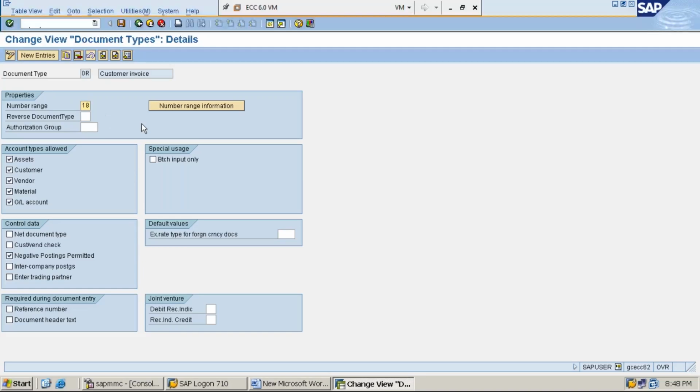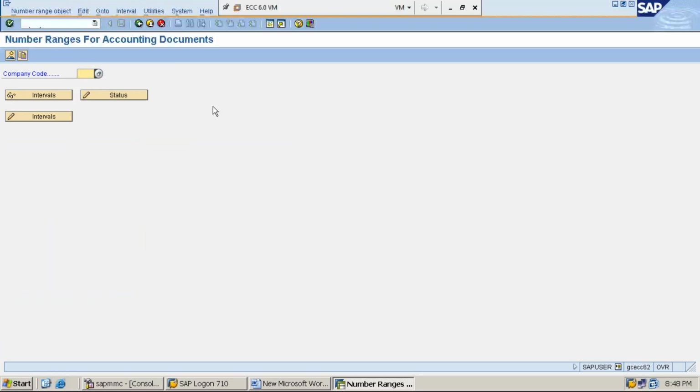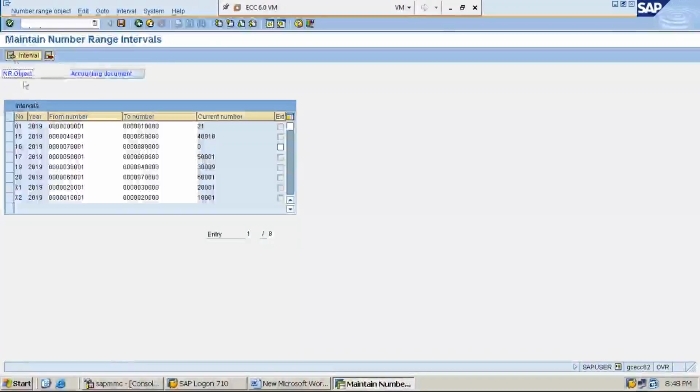So number range 18, click on number range information tab, give the company code MMI1, our company code MMI1, click on change intervals tab, click on insert interval on the top left,